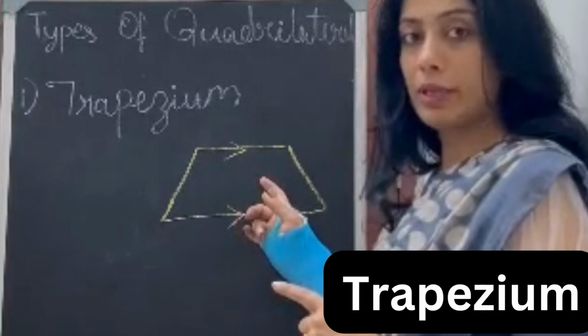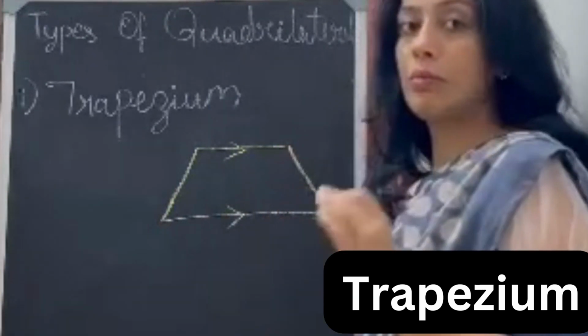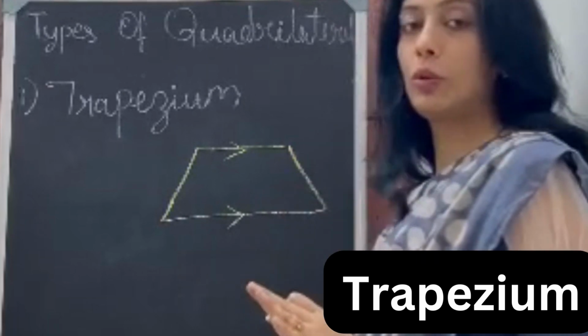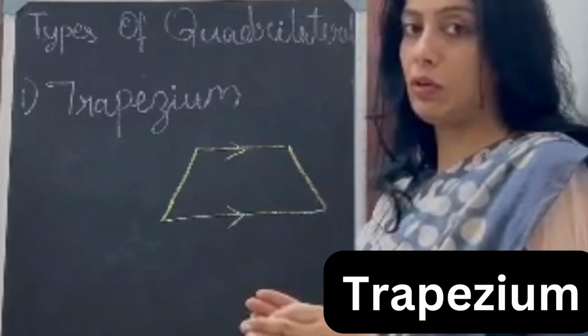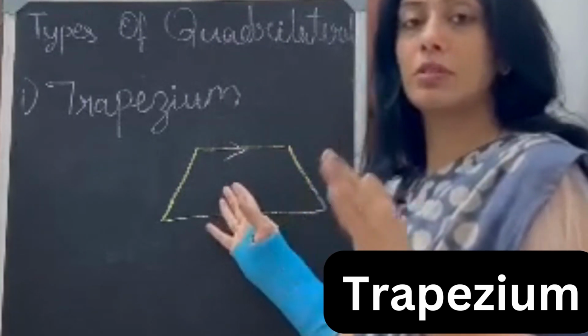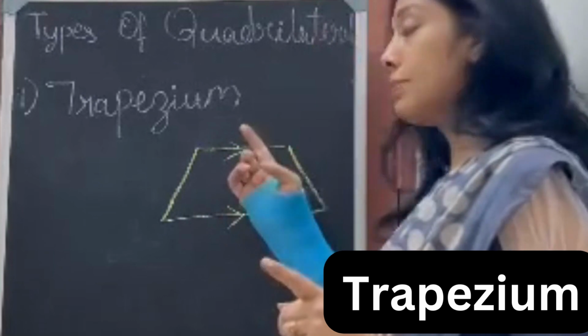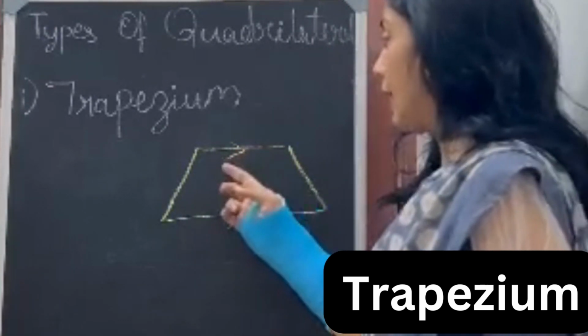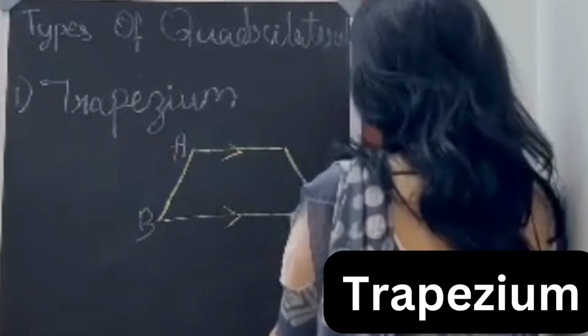That's the trapezium. In a trapezium, all the angles will be different. They are not equal to each other. Don't get confused between trapezium and parallelogram. Trapezium is very much different from a parallelogram. Only one pair is parallel to each other, and the next condition of a trapezium is